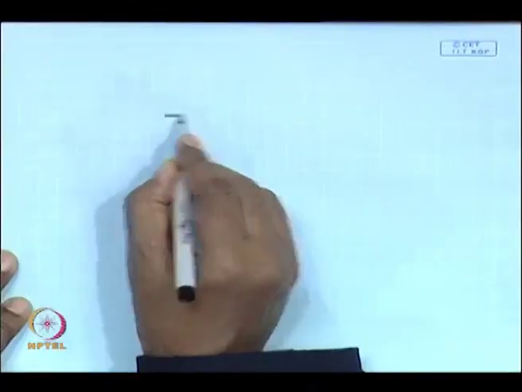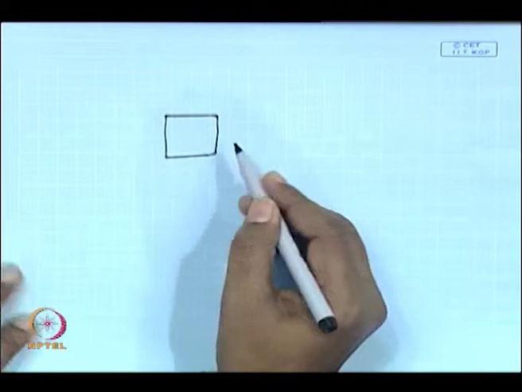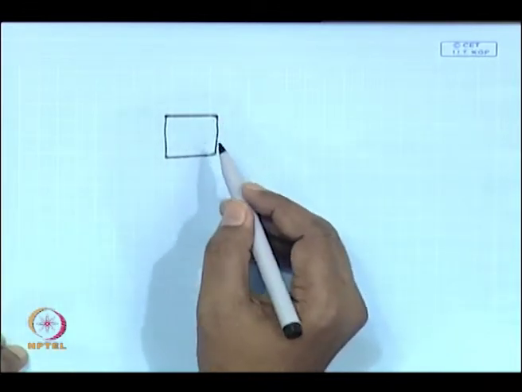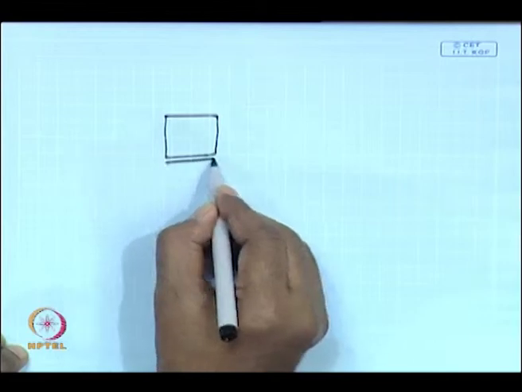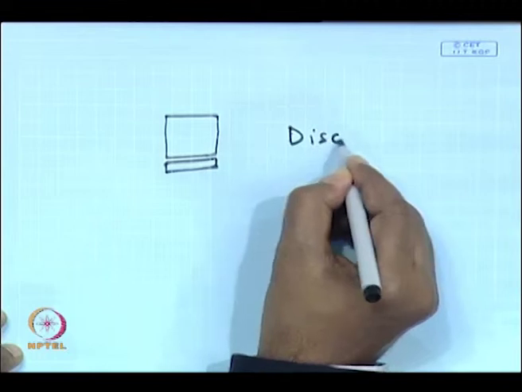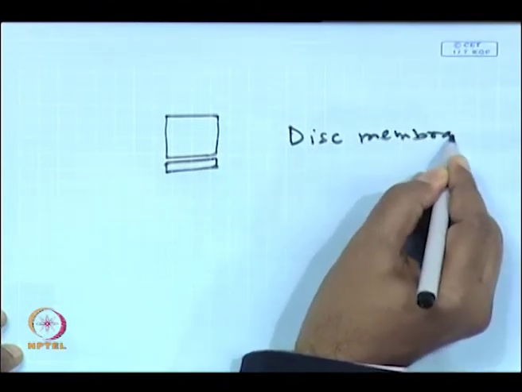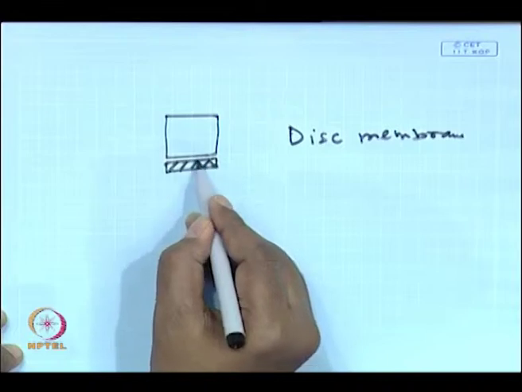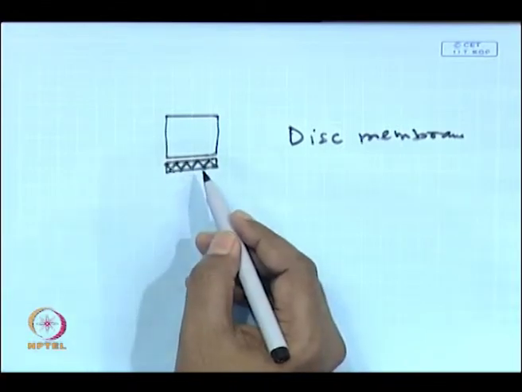Then we use a test cell. A typical test cell looks like this. It is a cylindrical shell with a body, and at the bottom there is a disc on which you can put a disc membrane. The lower portion of this flange is curved, basically corrugated, so that the permeate that is coming out can go through it. Then it is pressurized by a nitrogen cylinder.